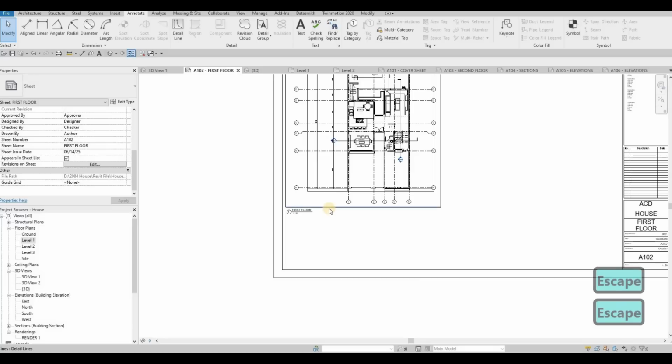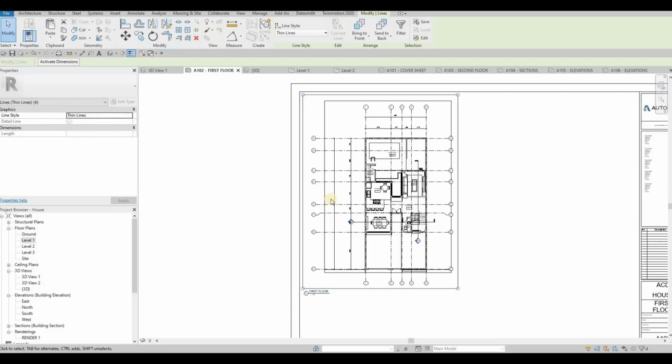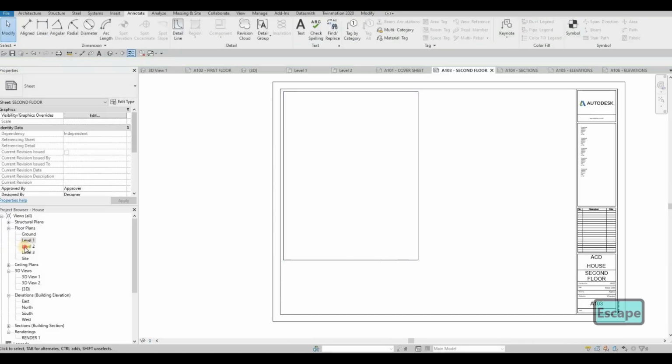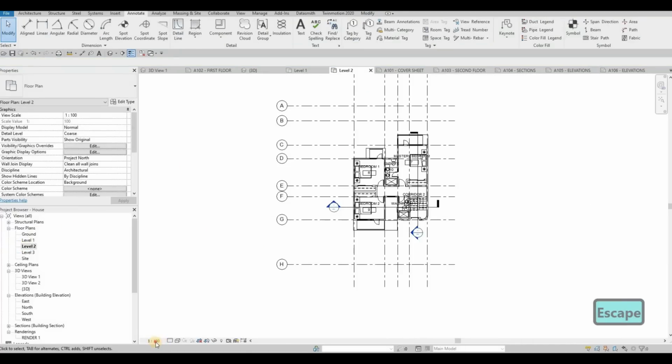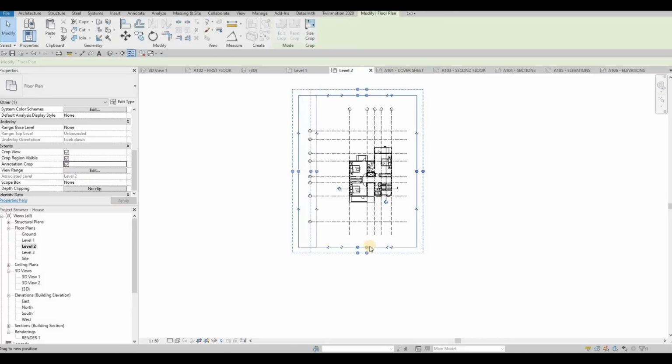So now I'm gonna click on tab, select this one, and then copy so that I don't need to do the border lines again. Once I'm in second floor, I could just paste it and align to current view. So it will have that one. But before I put level 2, I'm gonna change the scale already because I already know that 1:50 is the best scale. I'm gonna click all of this so that I could crop it to a better